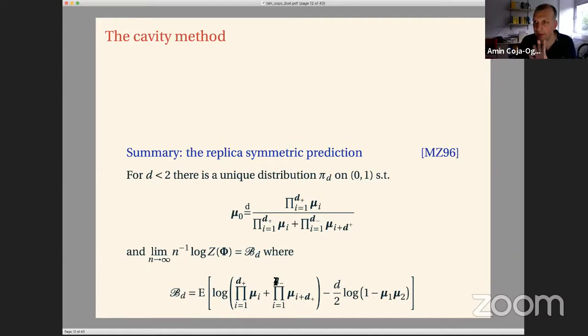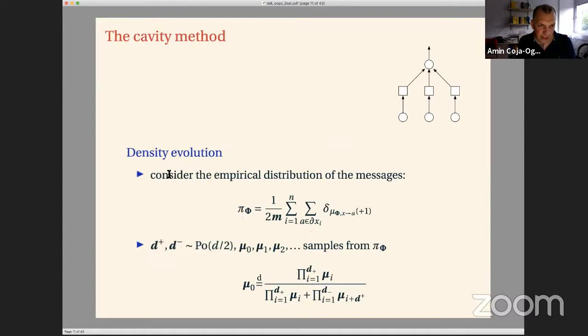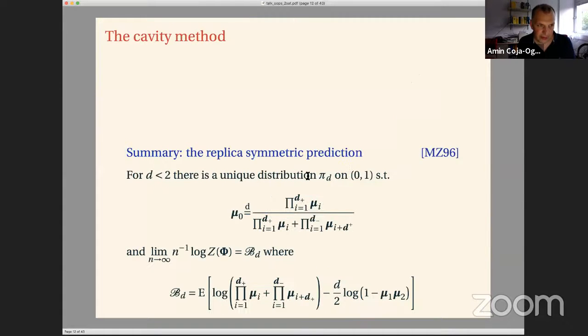And so this finally leads to the so-called replica symmetric solution, or mathematically speaking, replica symmetric prediction for the number of satisfying assignments, first derived by Monasson and Zecchina in '96. And so this